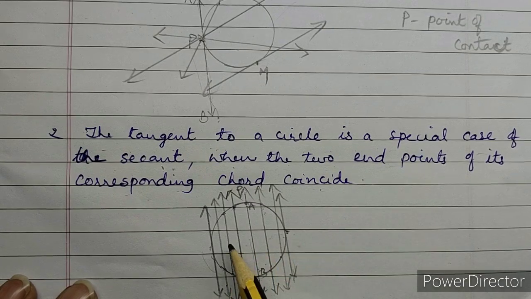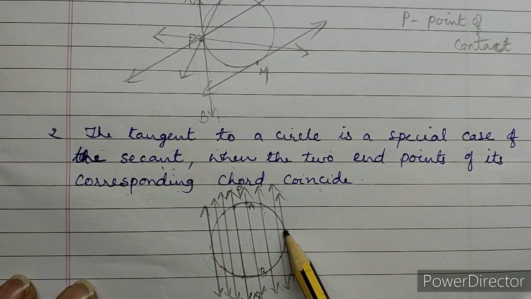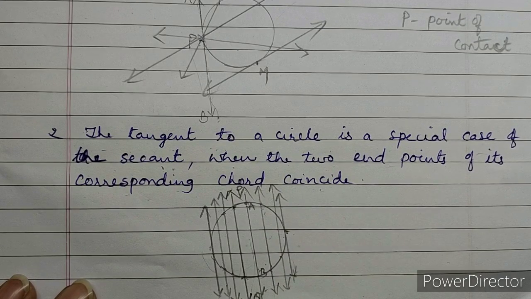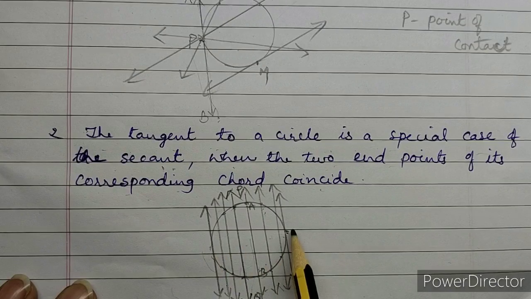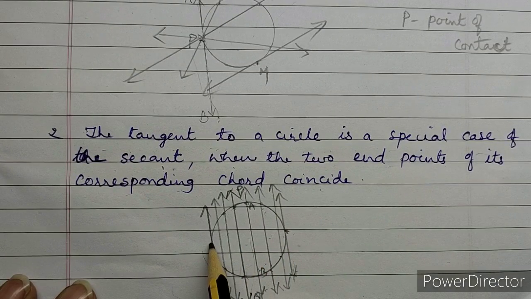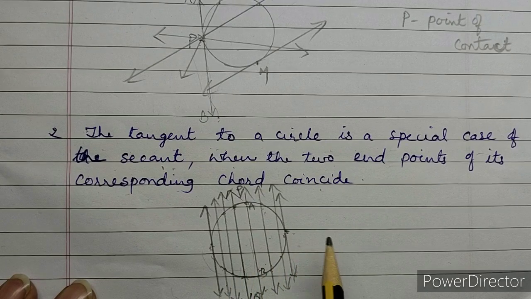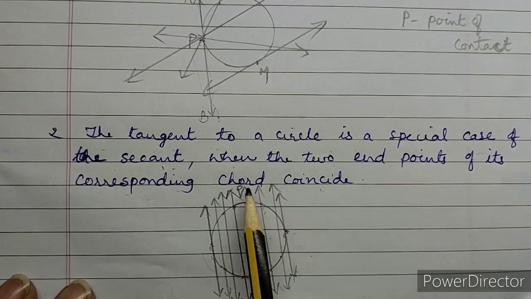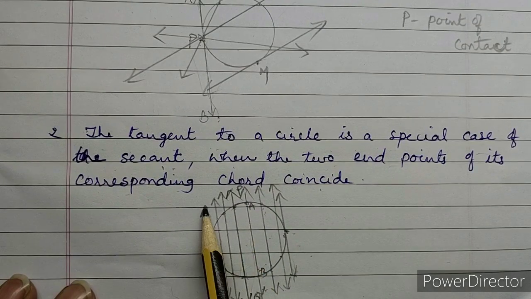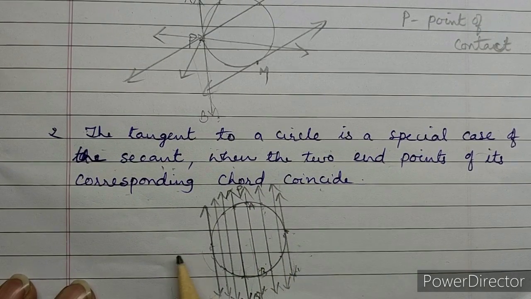So when secant moves to both the sides and when it touches 1 point on the circle, secant will change to tangent. So here also one tangent we got, here also one more tangent we got. These two tangents are parallel because we were drawing the parallel secants. So these both the tangents are parallel. From this it's clear that there cannot be more than two tangents parallel to a given secant. The given secant was PQ. So here one tangent you got, here one tangent you got. They both are parallel. So for a given secant, only two tangents will be parallel to that.